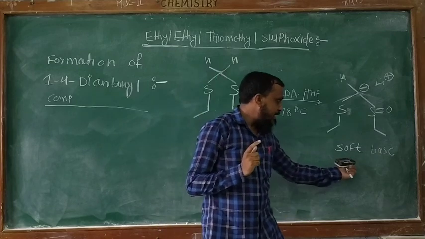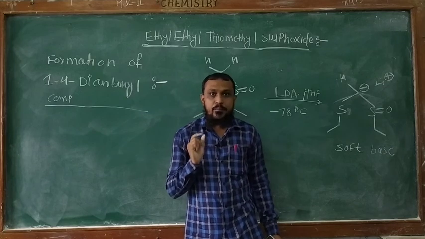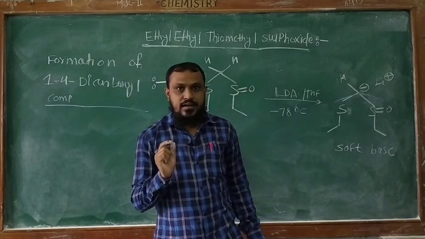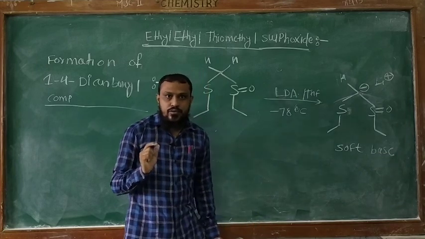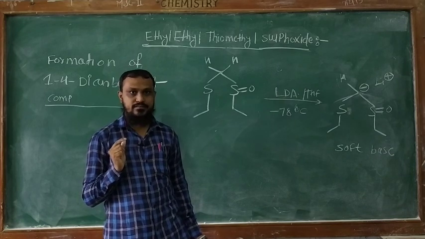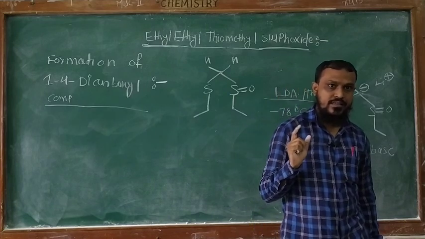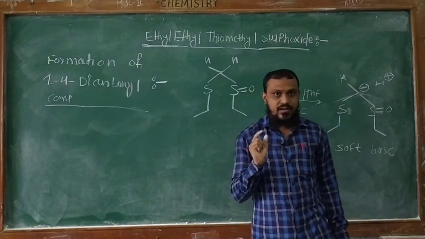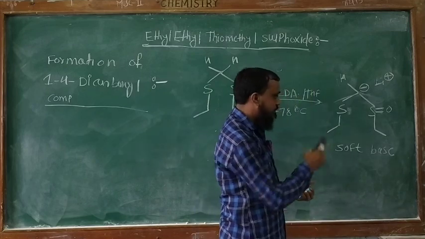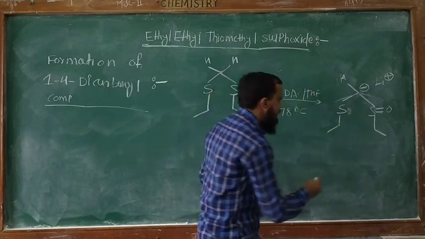Because it acts as a soft base, it attacks the beta carbon atom of the alpha beta unsaturated system instead of the carbonyl compound. Due to this, a 1,4-dicarbonyl compound is formed instead of an alpha hydroxy carbonyl compound. Look here, after the formation of the lithiated salt, this lithiated salt acts as a soft base and it is treated with